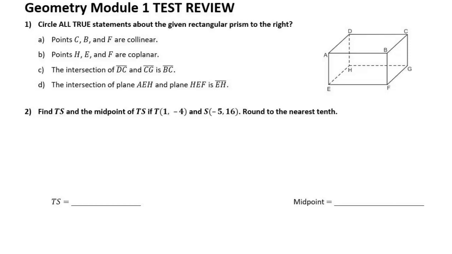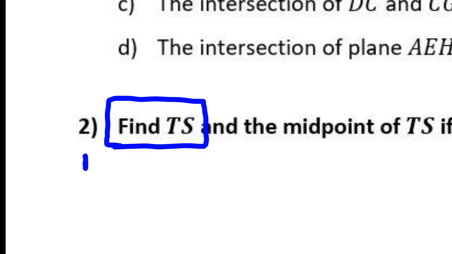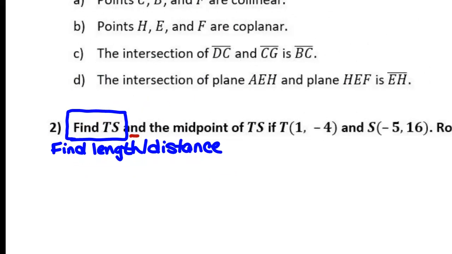All right, so let's work on question number 2. First of all, what does it mean right here when it says find and then it has TS with nothing over the top? What are they asking me to find? The length, the distance, yes. So they want me to find the length of the distance, and they want me to find the midpoint of